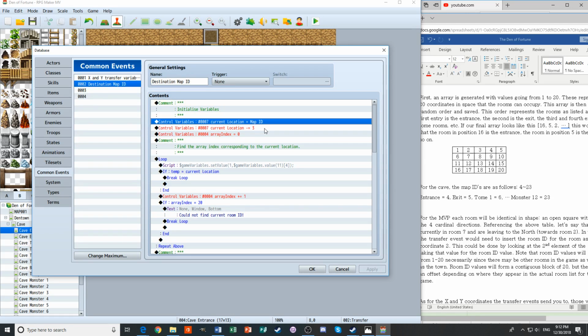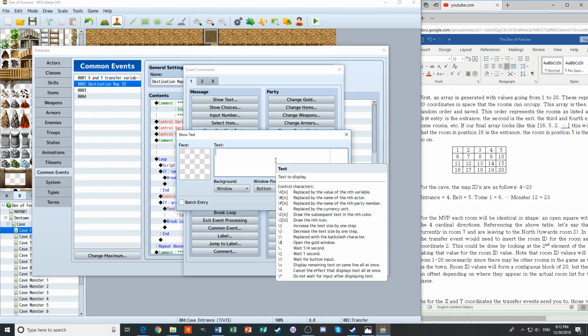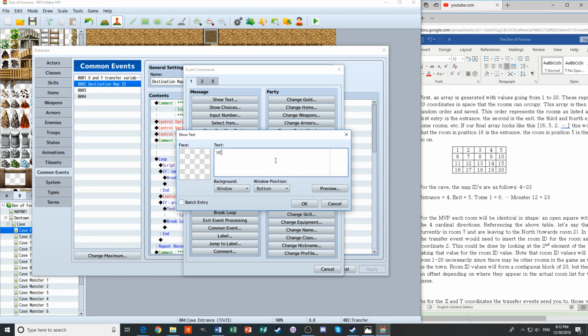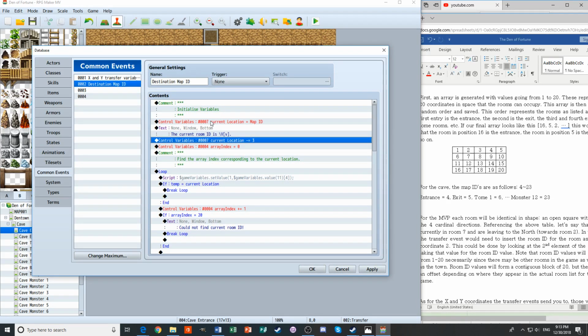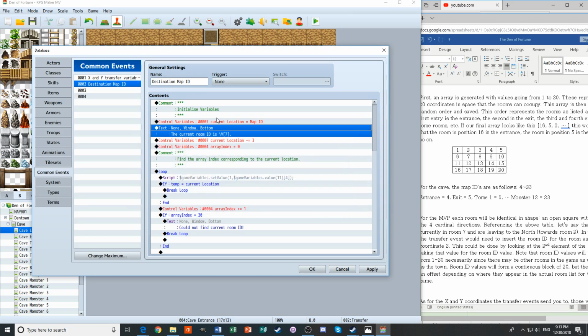Map ID. Okay, well, there's something we can start doing here. Show text. Backslash v in square brackets variable, backslash v in square brackets variable. Variable is going to be the current room ID is, and we're just going to go through all of this. So 7 is the variable for this. So we're just going to start commenting all of this way so that we can see,